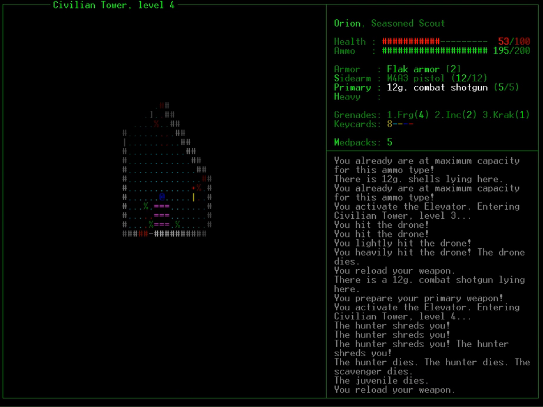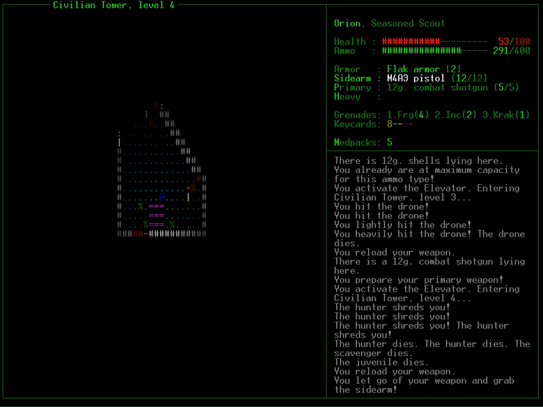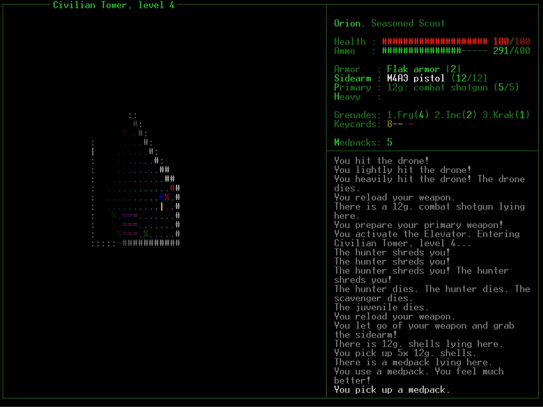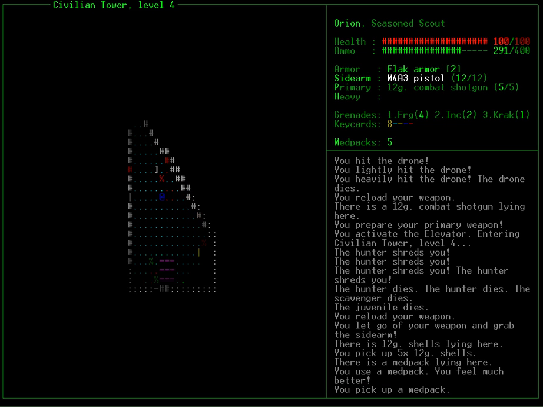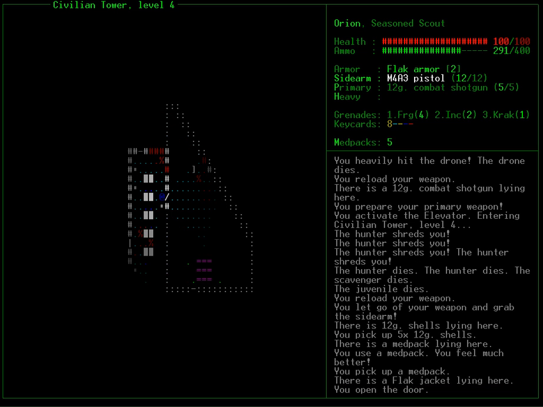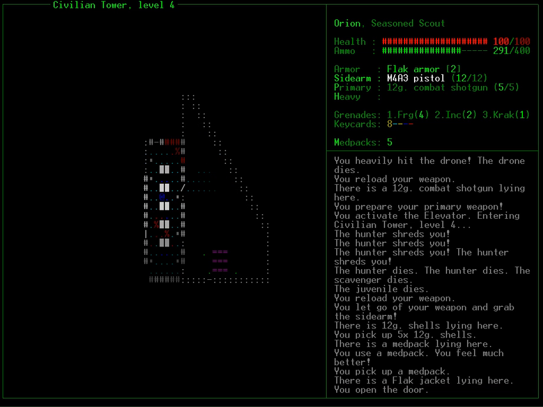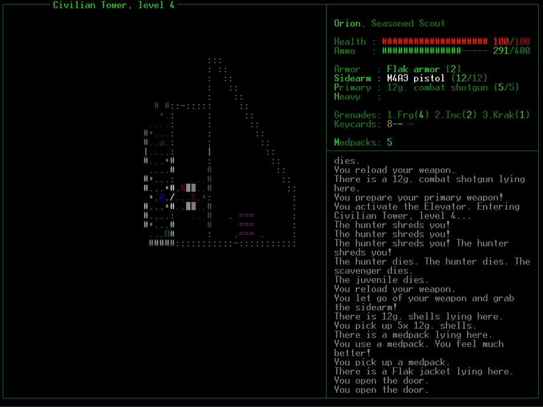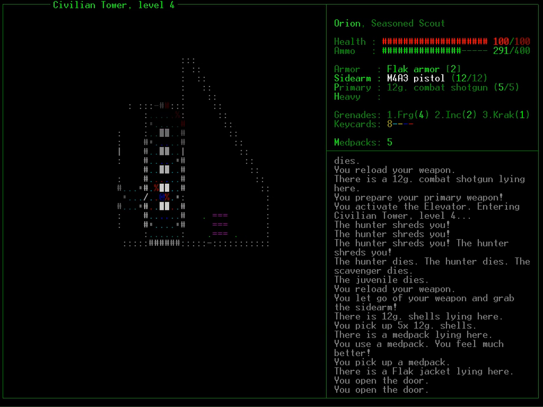I'm tempted to go back and pick up some med packs, but there's one right here, so we'll just burn it, and that'll be that. Black jacket. Okay, civilian tower still is, you know, the easier tower. So I shouldn't be running into real nasties yet. And I haven't even touched the,